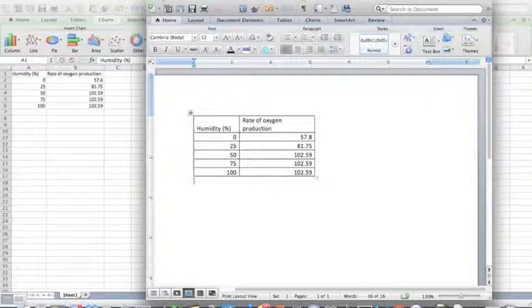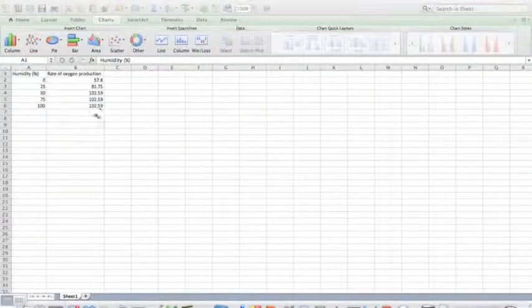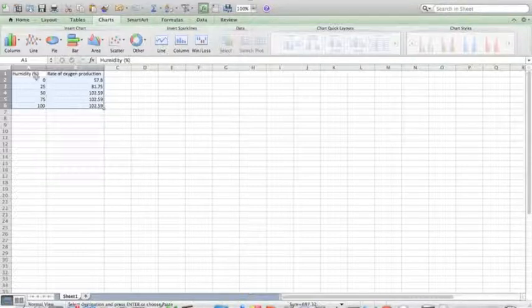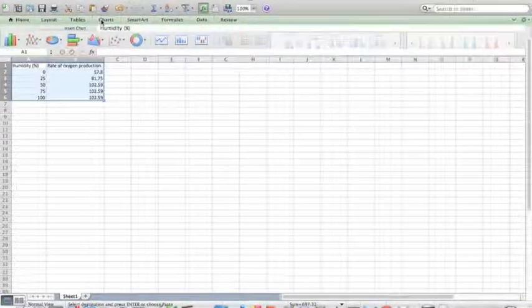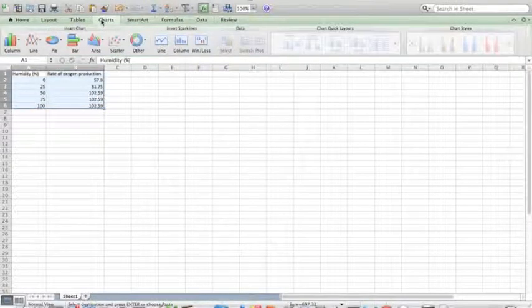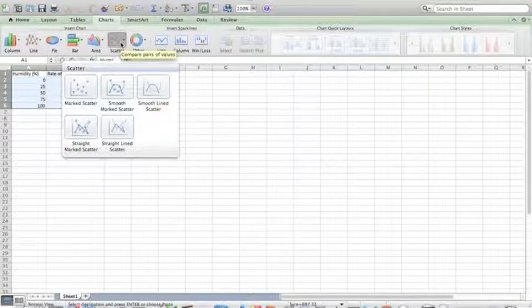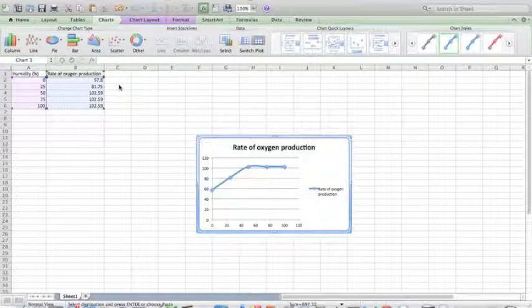Okay, let's go back to Excel and we're going to learn how to graph our data. So again, we want to select our data. We're going to go up to Charts, and you can select the chart that you think is appropriate. I'm going to use a scatter plot. Okay, this allows you to see each point on the graph, and I'm going to select the smooth marked scatter so that I can see a line that follows my data. Right, so the graph should come up,